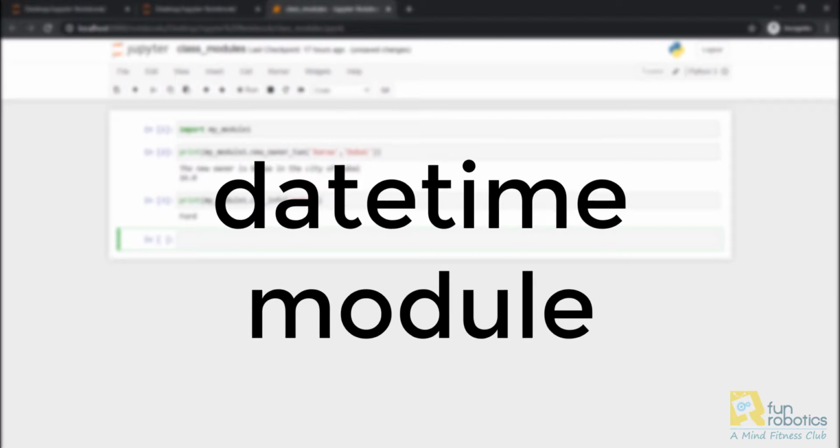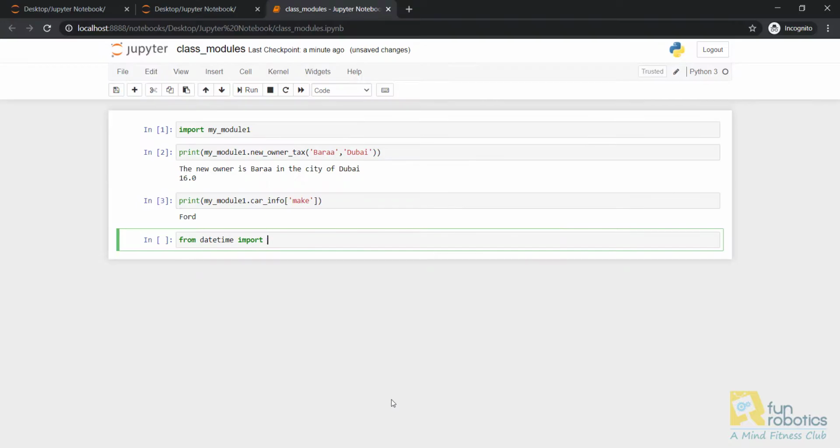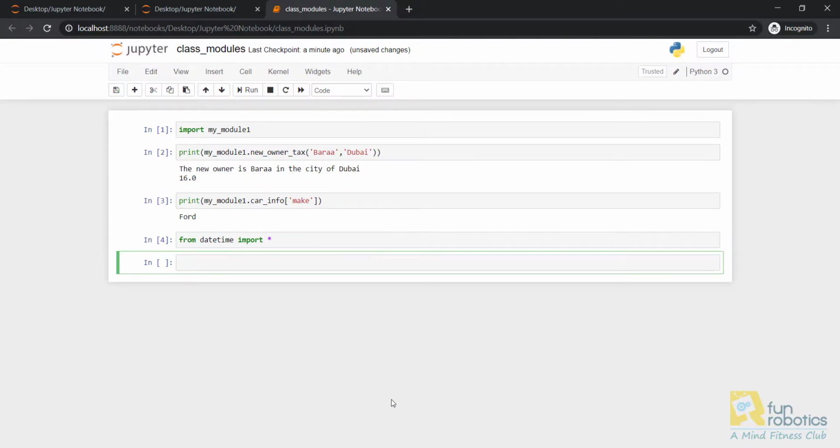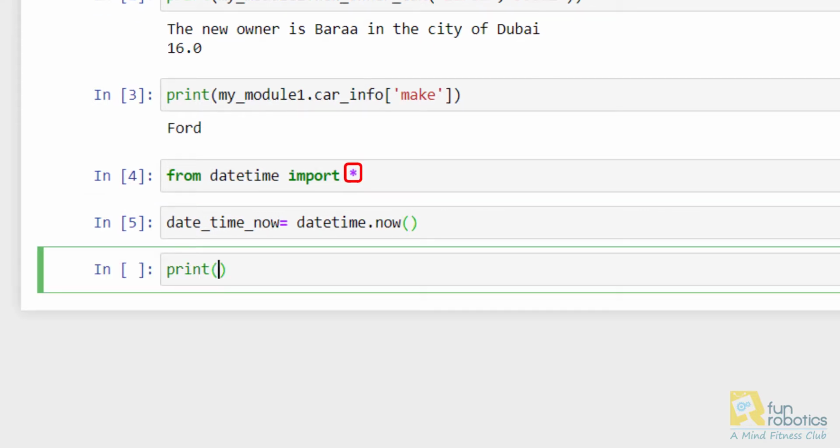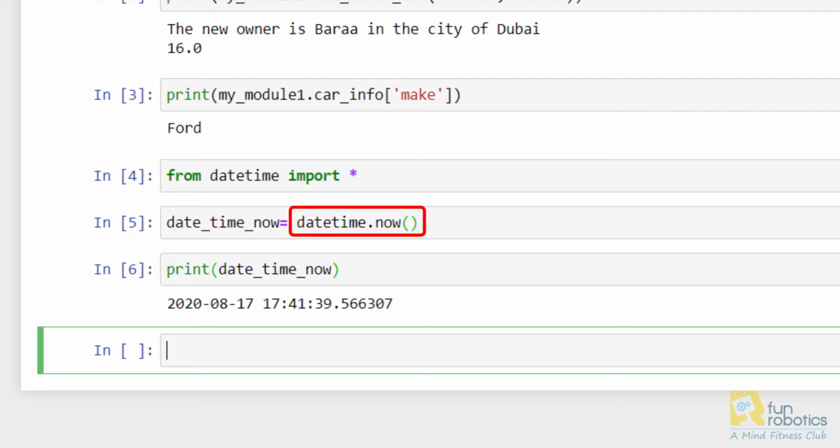This module is one of the most commonly used for dealing with time and date. Let's import the module and assign the current date and time to an object. The star after the word import indicates that we want to import everything in the module. In this example, datetime.now will return the current date and time from the module datetime and store it in the variable